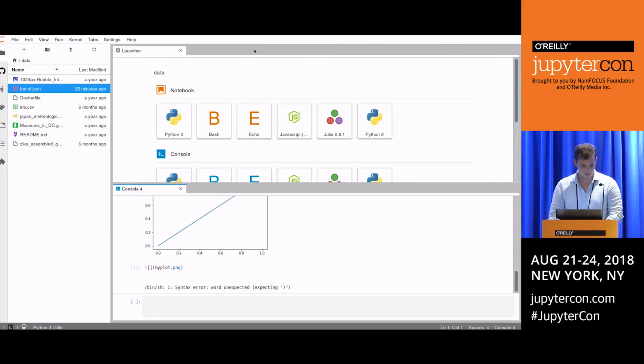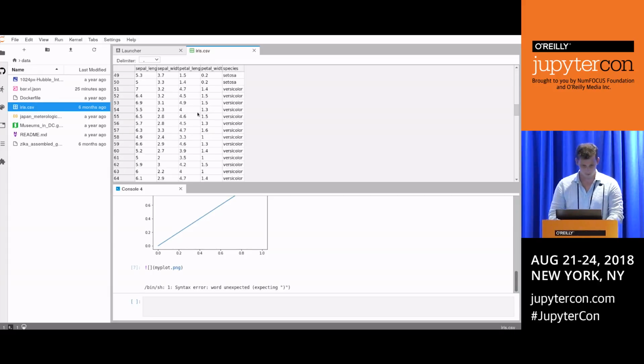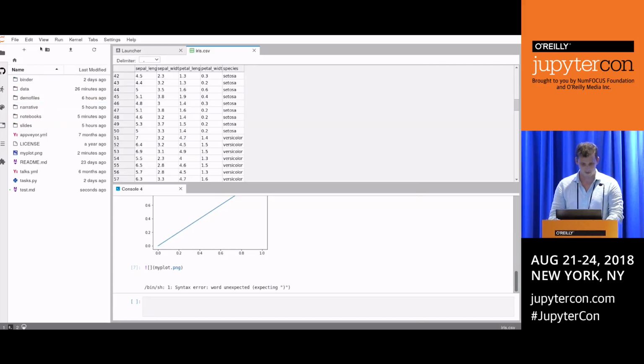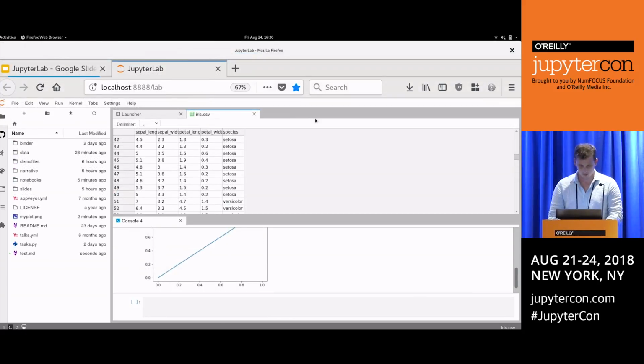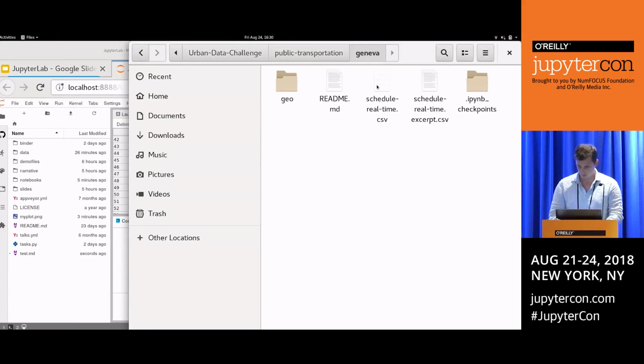So one of the features that we're very excited about is the new CSV viewer that Chris has written. You may have seen this iris data set before. It's not very large, but the CSV viewer is written with performance in mind, so it can handle much bigger data sets than just this iris data set. So we've prepared a CSV with, I think, 1.2 million rows in it, which I'm actually going to open with